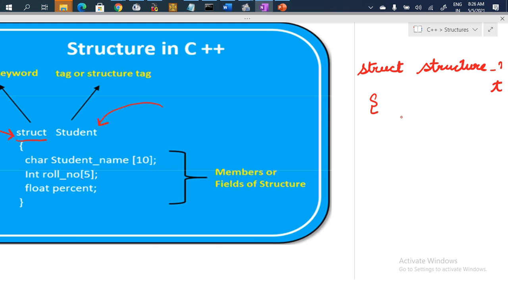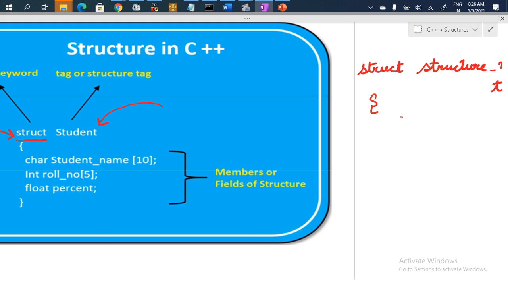If I'm defining a structure of student, I can take his name, roll number, his percentage. Similarly, in a simple program in C or C++, we have to take different types of data types and then we have to initialize them or define them so that we can use those data types together. But here we can define all these things inside one structure, and hence they are defined as one unit.